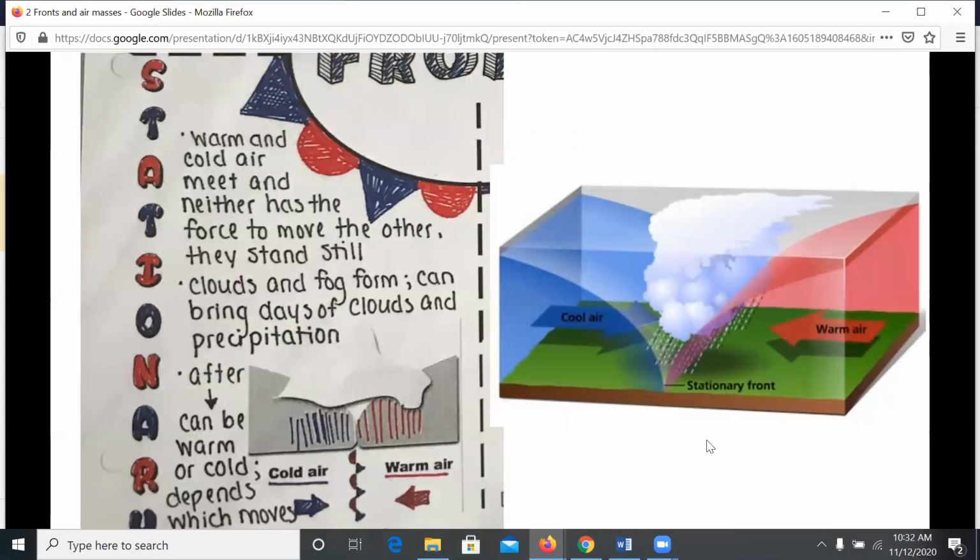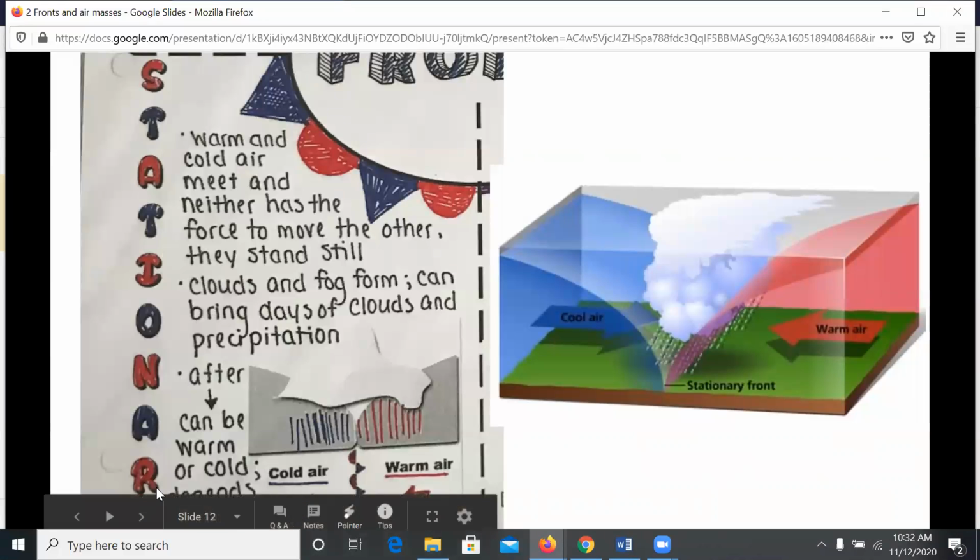We have what we call a stationary front, and this is where warm and cold air meet and neither has the force to move the other. They are at a standstill. So both, you cannot see me right now. Hang on, I will turn on my